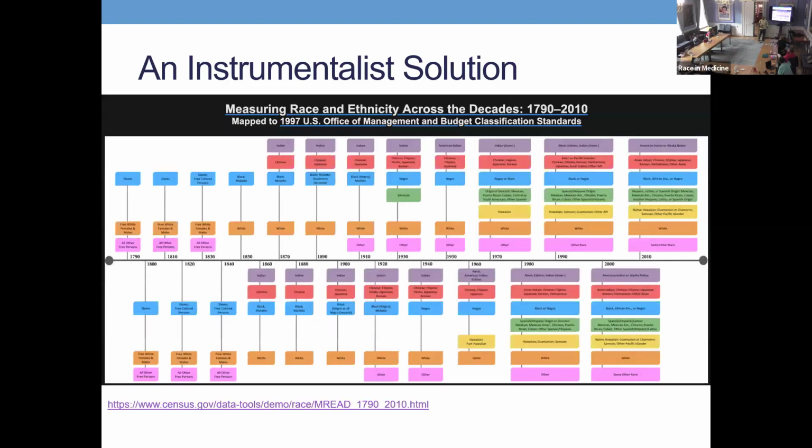Okay. Here's some historical examples for why you might think an anti-realist approach is the way to go. This is taken from census.gov. This is the history up to 2010 of all the different categories that one can identify as. Sorry, I'm going to back it up. These are all the categories that have been deployed in the US Census. Self-identification pretty much only came about in 1970, if I remember, was the first year.